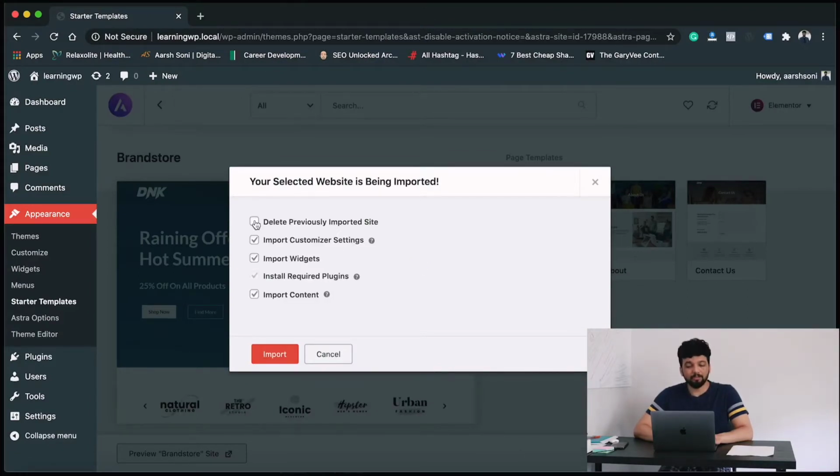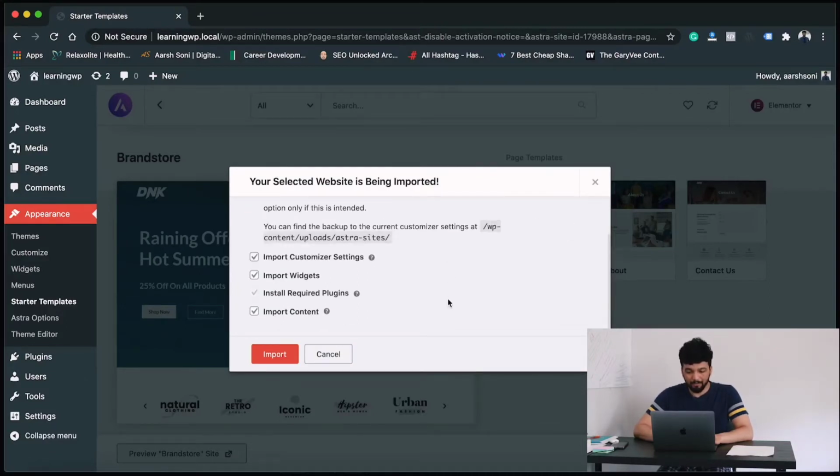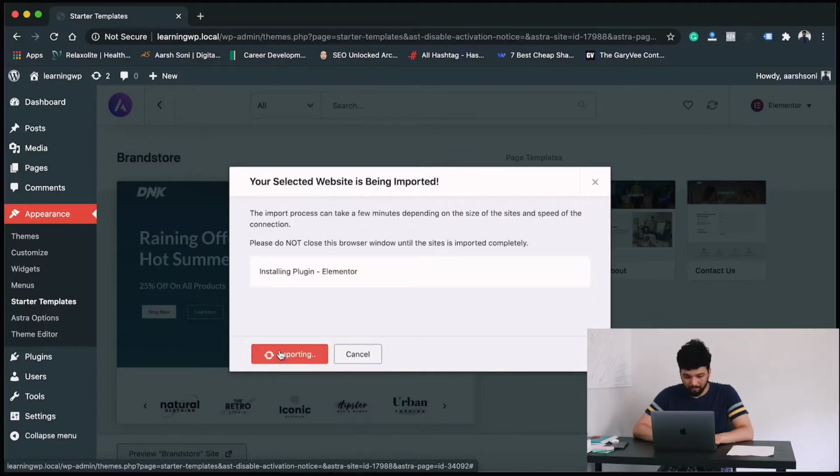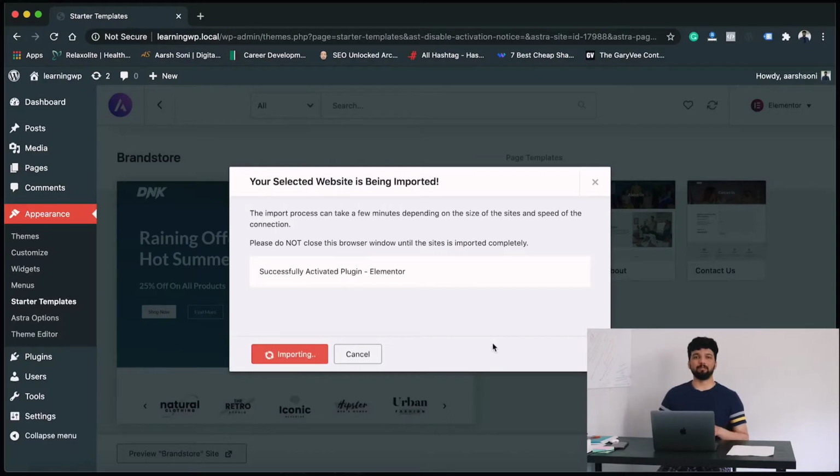And then it's going to ask you if you want to delete the previously imported site. Click yes, so that it deletes everything which was present before. And then you click on import. It's going to take a couple of minutes, but it's going to give us a completely built website. And now you just have to change the elements according to your needs. So just let it import everything.